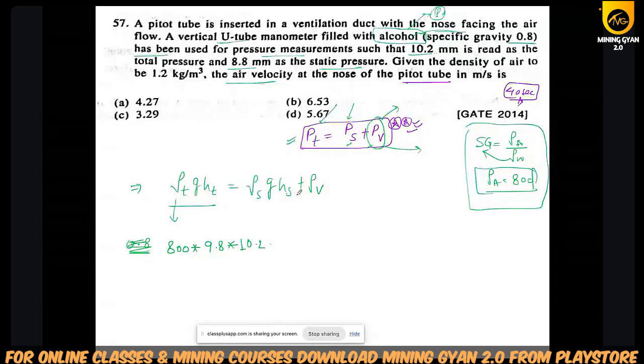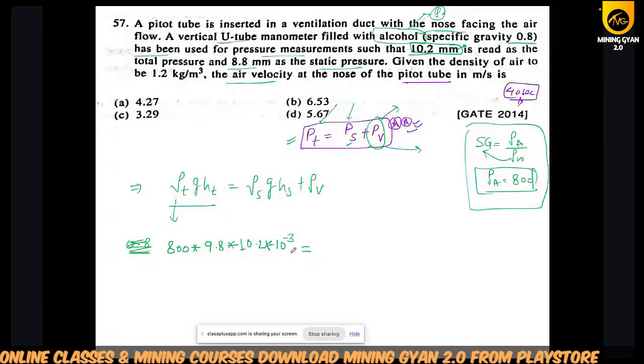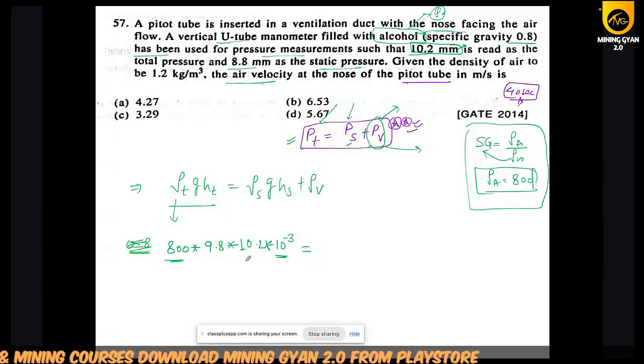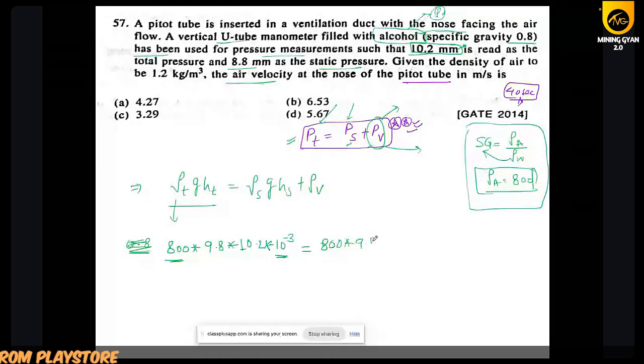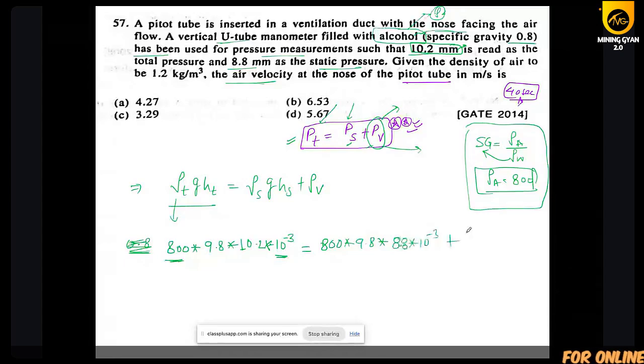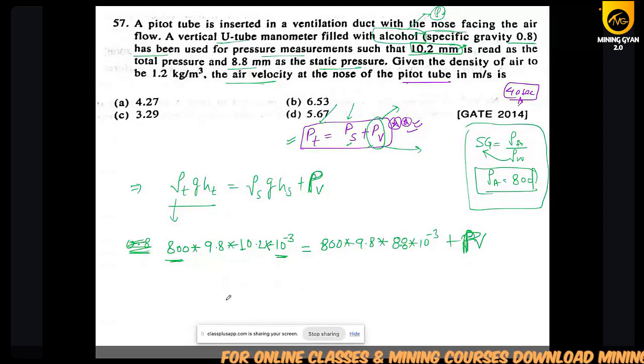तो mm है। Now you have to change mm into centimeter and meter, so 10⁻³. ठीक है, यहाँ तक कोई दिक्कत नहीं होगा। Why we are multiplying 10⁻³, why we are multiplying 800, not 0.8, है ना। सब चीज आपको क्लियर होनी चाहिए स्टेप बाय स्टेप। अगर आपके दिमाग में क्लियर है तो क्वेश्चन गलत होने का चांस ही नहीं है। So 800 into 9.8 into 8.8 mm, 10⁻³, ओके, और this is the pressure of velocity pressure, ठीक है।